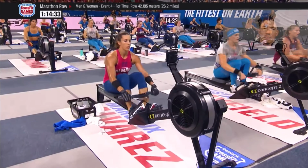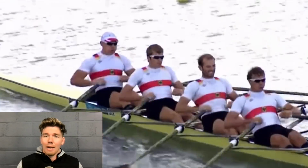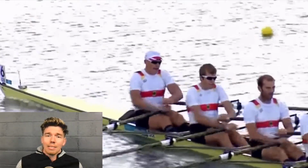Okay, so bending your arms in the rowing stroke is quite a common fault among indoor rowers, among CrossFitters, but also actual normal rowers. Their main sports are as equally guilty as a lot of these athletes. Okay, so the main reason why people bend their arms at the front is that one, it's just a bad